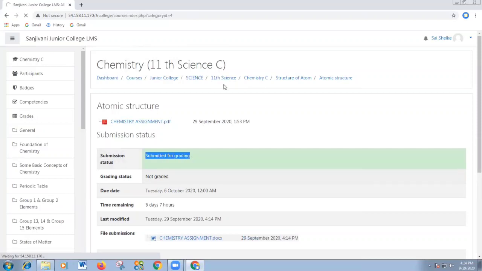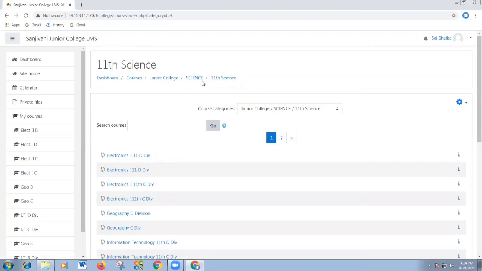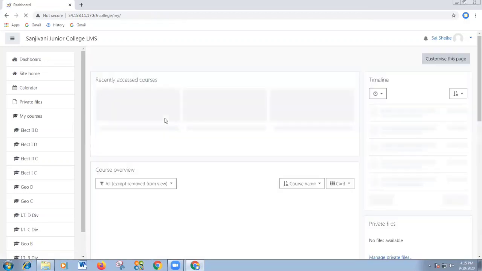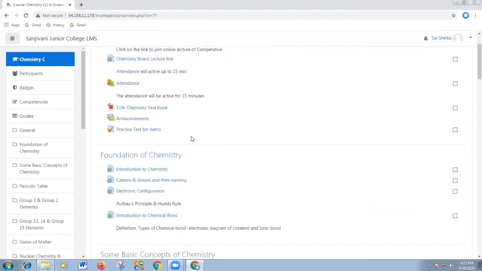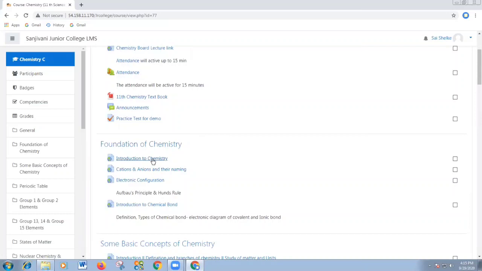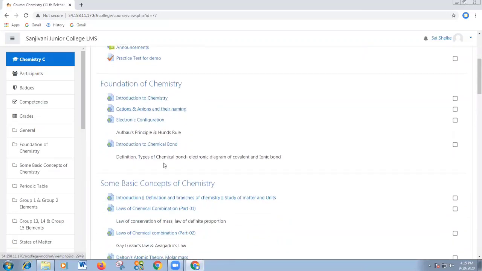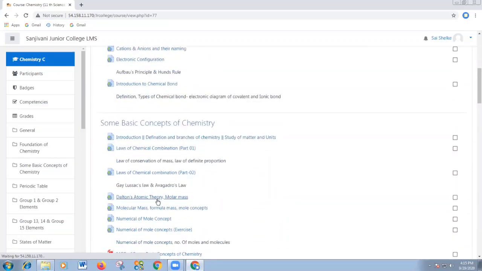So this is your LMS, in which we can go through different types of tasks. One more thing: in my chemistry subject, if you click on any topic, you will get video lectures.